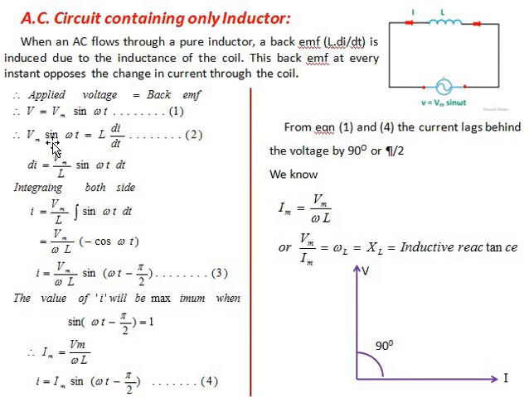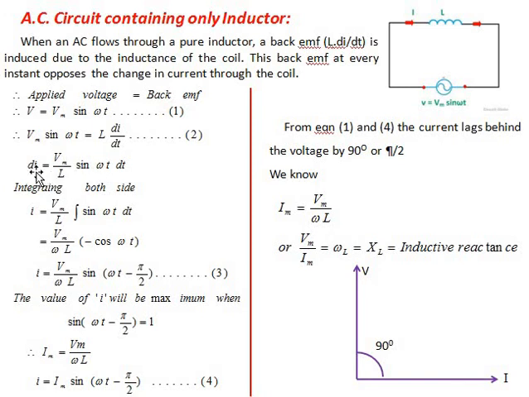This is the applied EMF, and this is the self EMF developed inside the inductor. So both are now equal. Just rearrange the terms: take di this side, L this side. So di is equal to Vm divided by L into sine omega t into dt. Just a small arrangement. Now integrating the above equation on both sides.